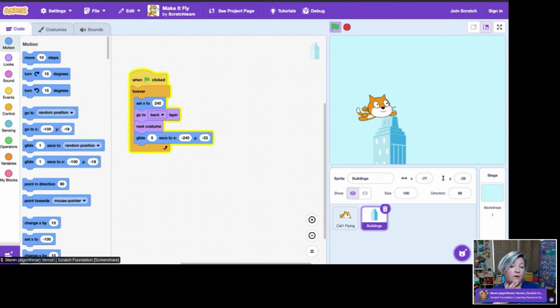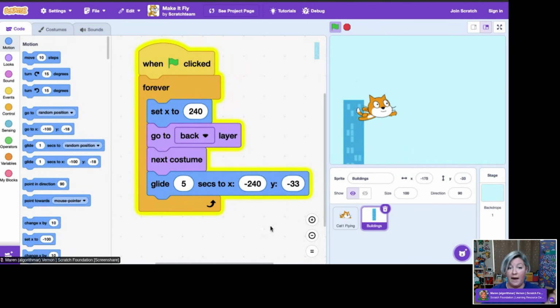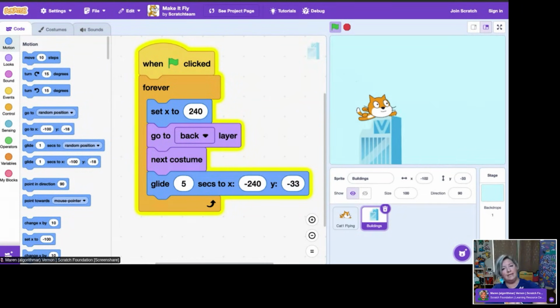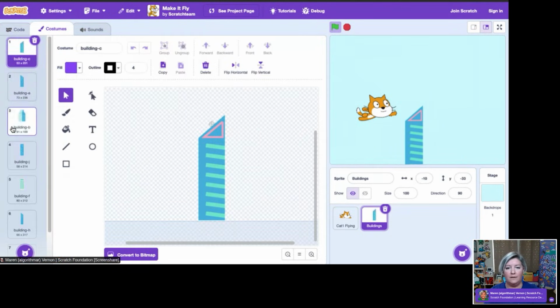Again, layer order is very important in this case. Sprites can be set via the looks blocks to be in the background or forward. As I zoom in on this code, you'll notice, for instance, the backdrops, the buildings are all set to go to the back layer so they don't accidentally overlap with the cat. That also makes sure that we keep that sense of perspective, that some things are in the background and some things are in the foreground.